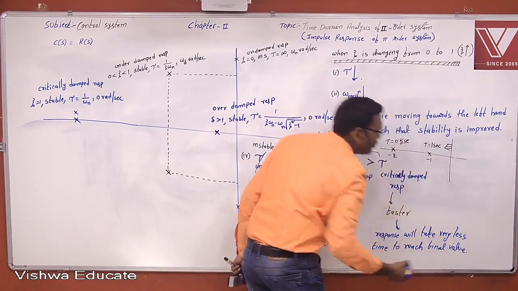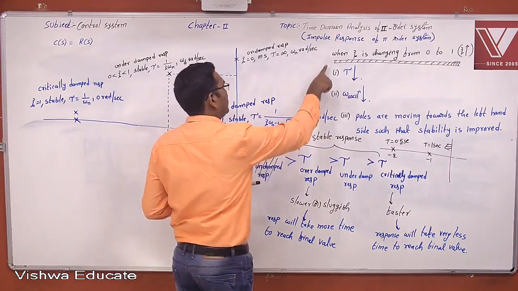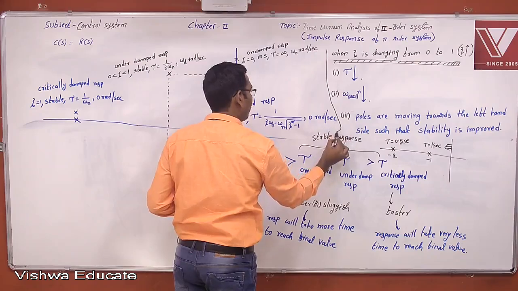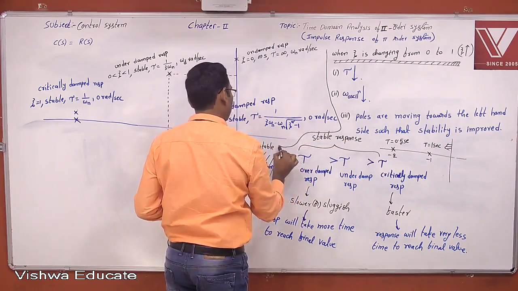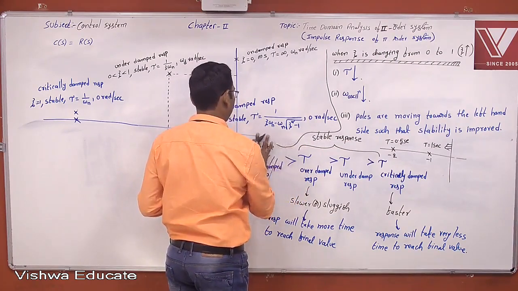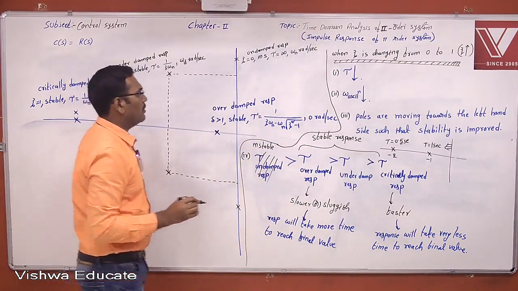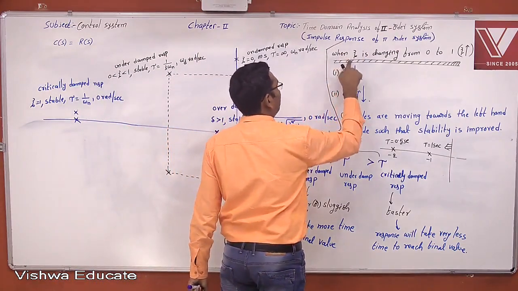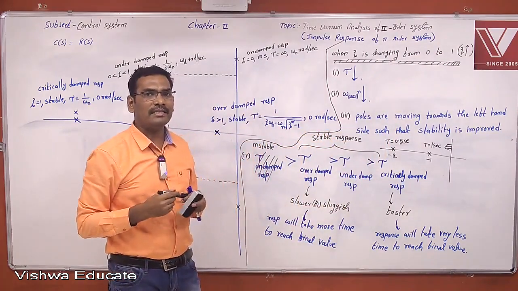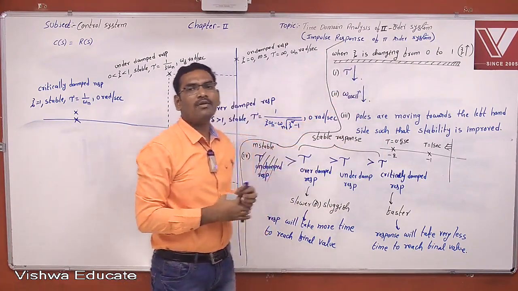N number of objective questions, students, from here, n number of objective questions. Now, what happens when damping factor zeta is changing from 0 to 1? Okay, now this is one important question. When damping factor zeta is changing from 0 to 1, what should be the changes taking place in the second order system? When damping factor zeta is changing from 0 to 1, the first one is the time constant decreases